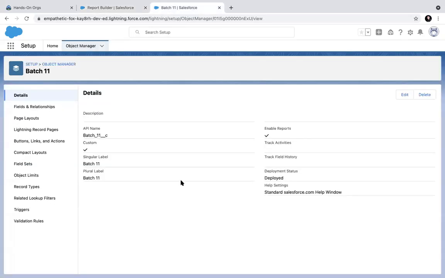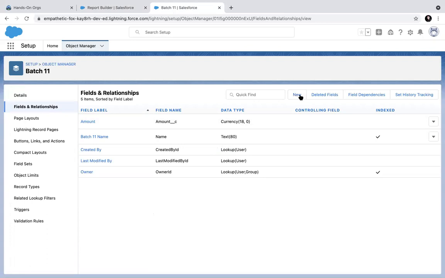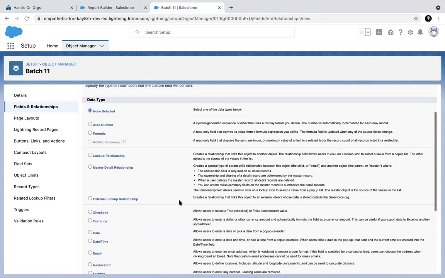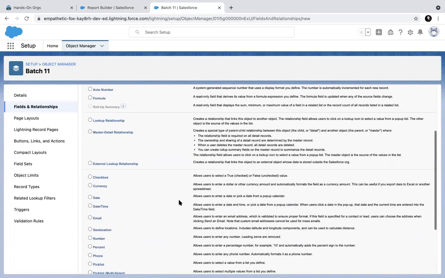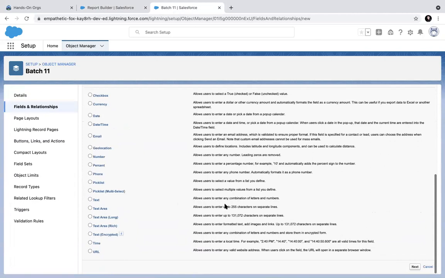what if I want to create a report on 2 or 3 objects? How can that be done? If I have a relationship, then automatically that report type will be created. So if I create a relationship, probably with account, or basically a lookup with maybe contact.